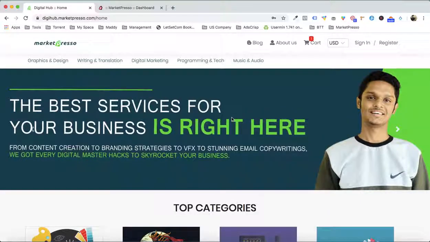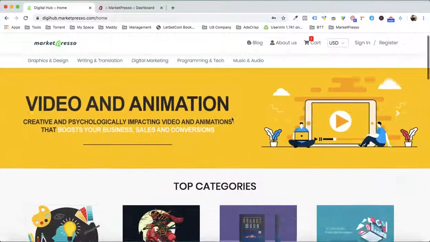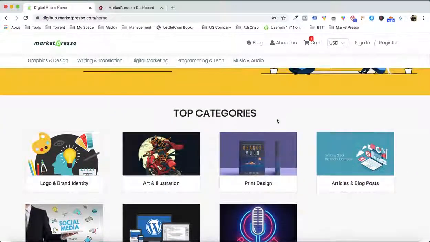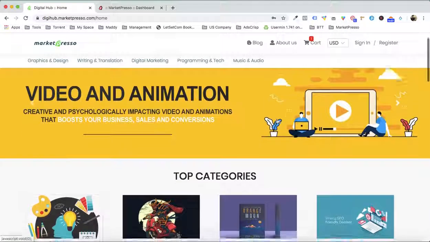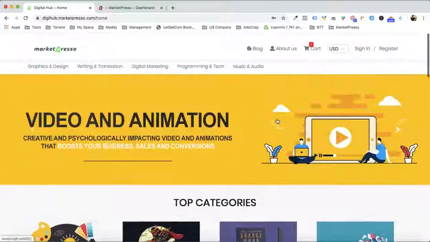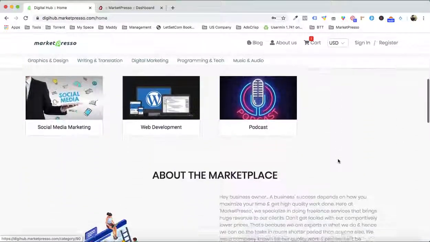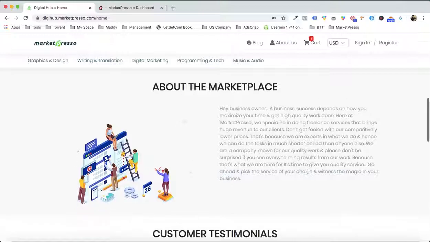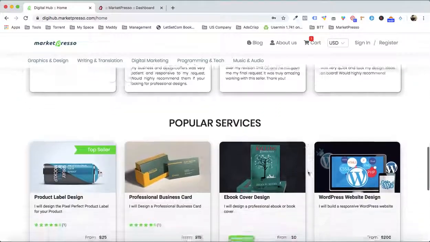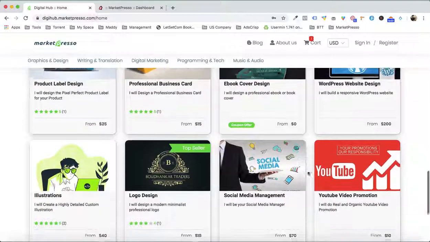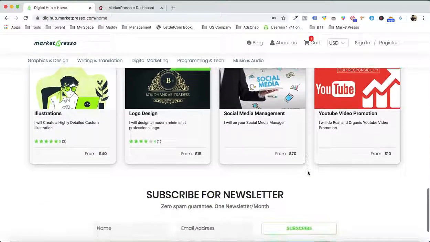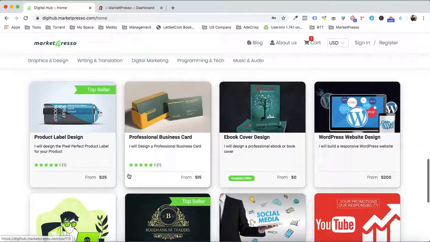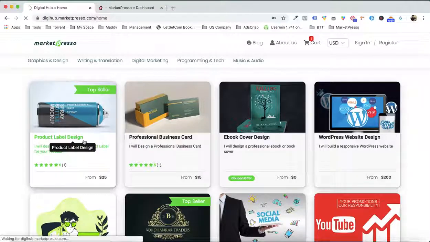Now, in just a few seconds from now, I'm gonna create a good looking marketplace right in front of you, just like this one, with your banner image, with the categories right over here, with the about us description right over here, with the customer testimonials, all the services that you are going to be offering, and the subscription box. And along with this, when we go inside,